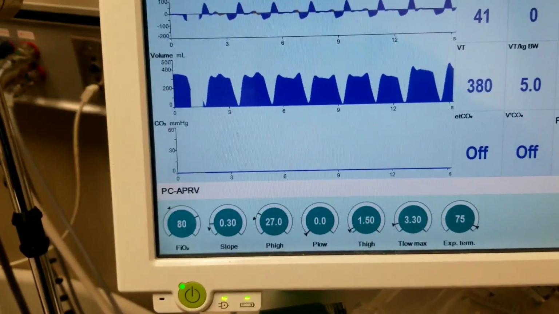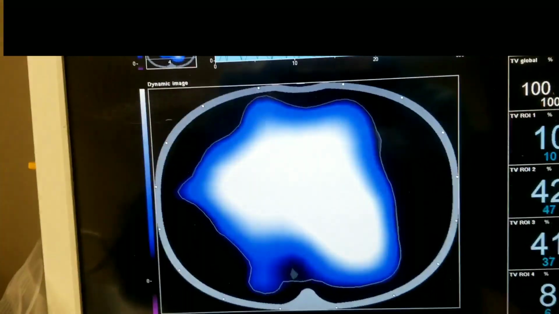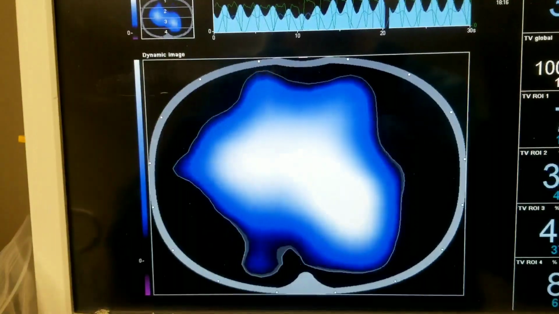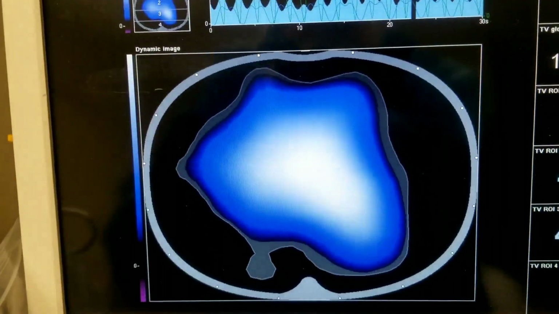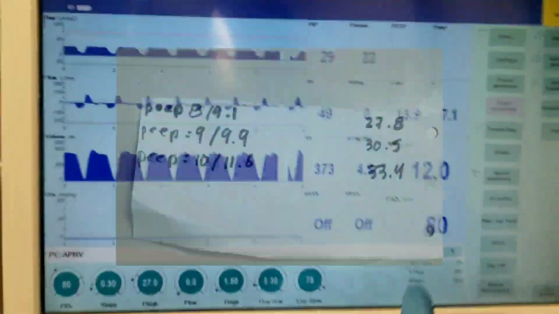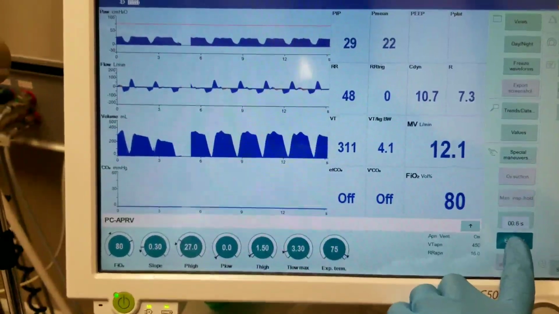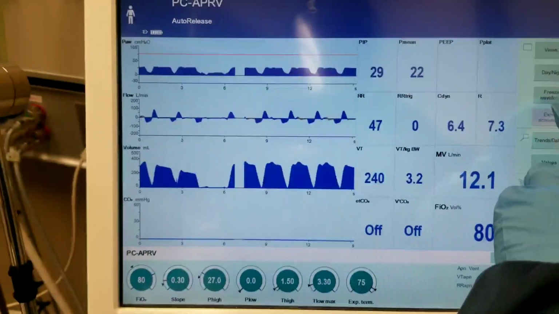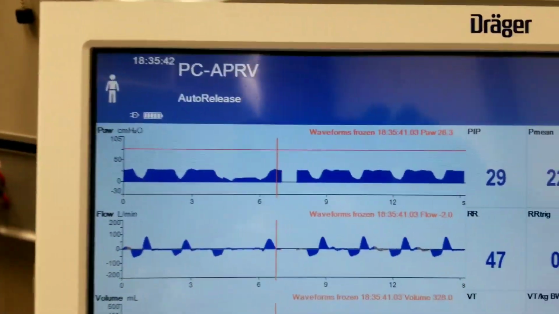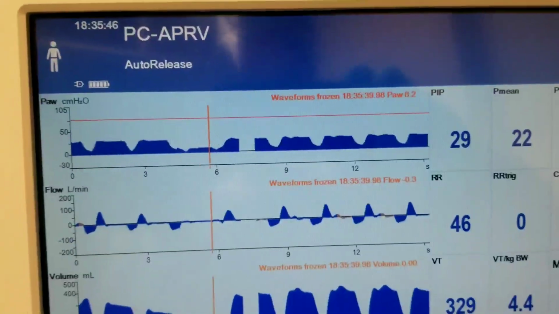Okay, very well recruited, and just the image shows that there's no cyclical opening and closing. We're falling on the ideal PEEP. Let's do it one more time. There we go. Around 8.4,